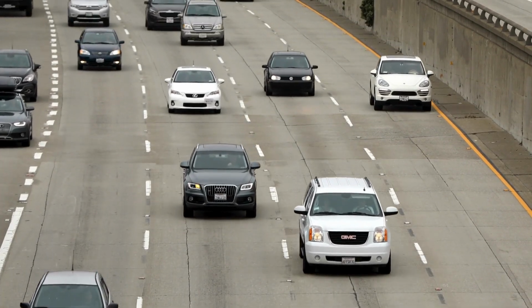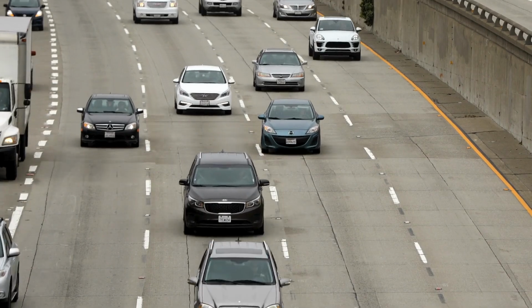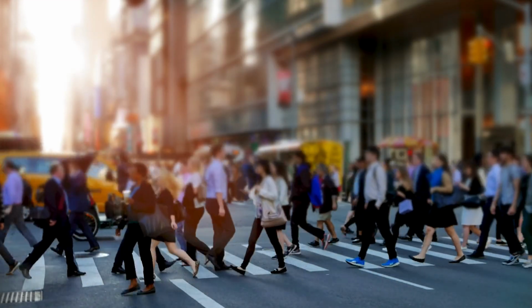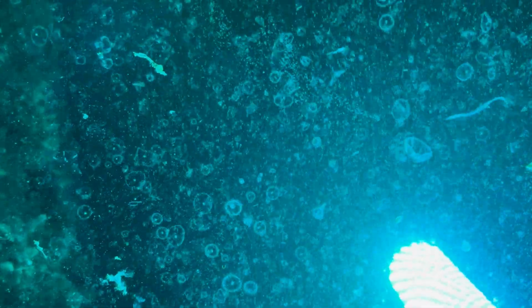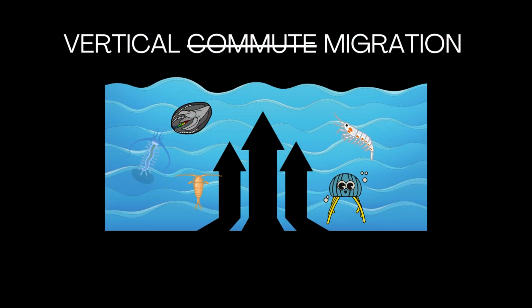Going to and from work, the commute might look something like this. Or maybe it looks a little bit like this. But if you were a marine organism, your commute might look something more like this. Some animals in the Salish Sea make a nightly vertical migration from deeper waters to the surface to feed and